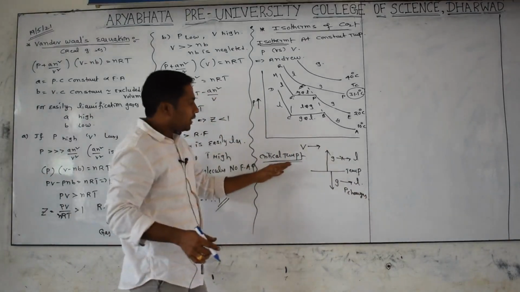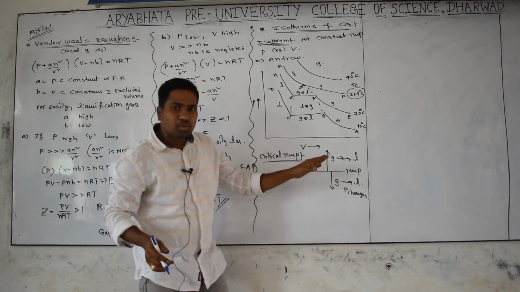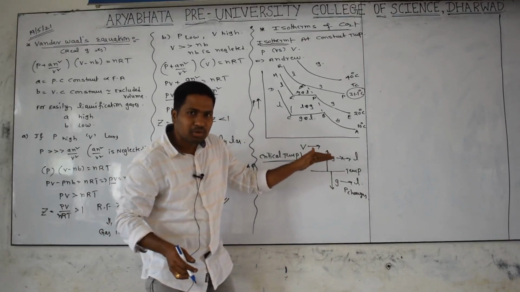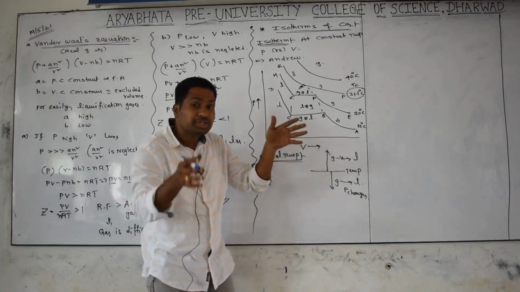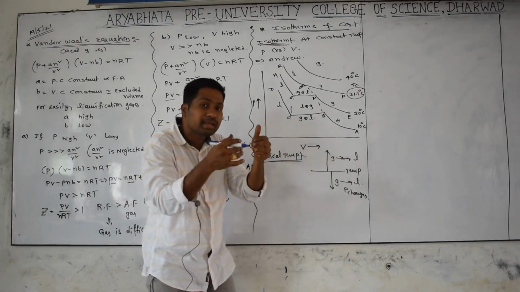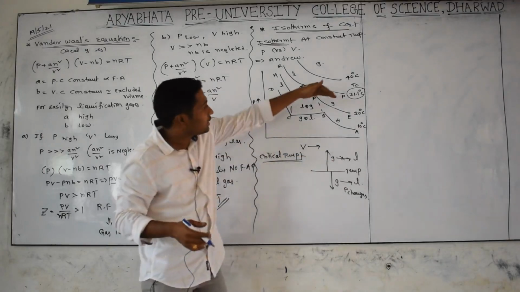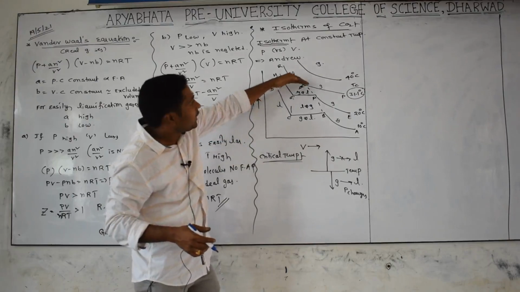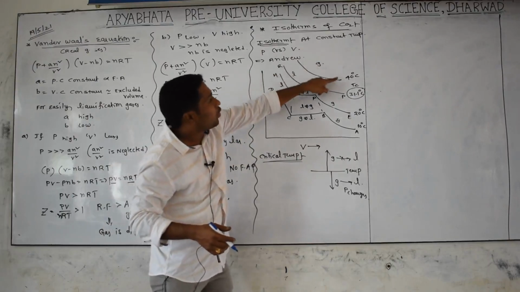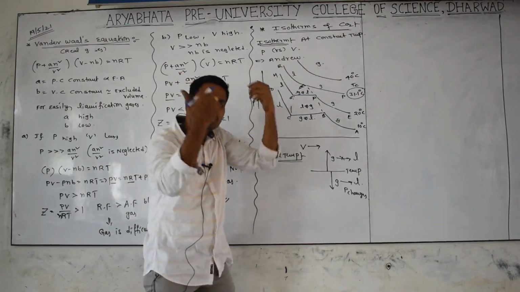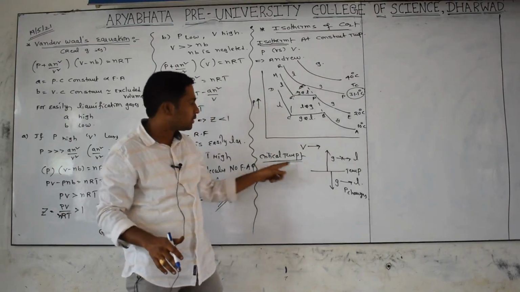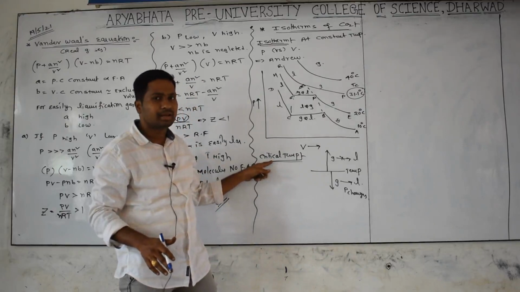Yes. So every gas has its own critical temperature, meaning at that temperature or below that temperature only, by changing the pressure, the gases can be converted into liquid. Above this particular temperature, whatever changes you make in the pressure, the gas cannot be converted into liquid. Such a particular temperature we call the critical temperature.